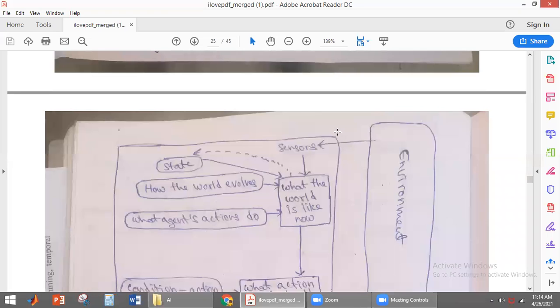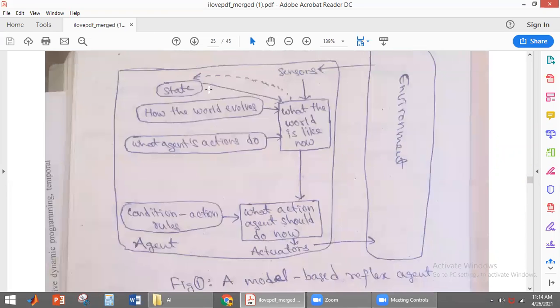model-based reflex agent. You see here, we are getting an updated state. So what it takes is the current percept, and it also has the percept history. The previous state of the environment is also stored here. See here, the current state and the previous state are stored. Combining the current state and the previous state, we get the updated state of the environment, and it